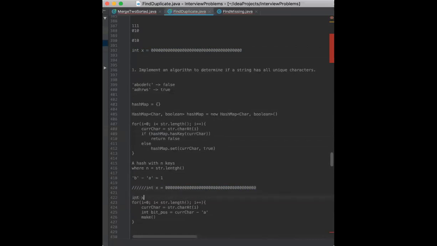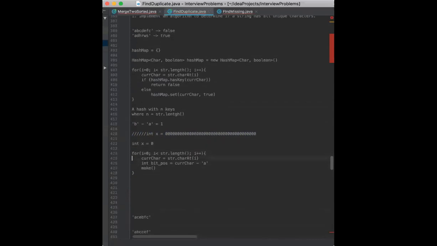So we created our entire int. This is equal to, we started with 0, and I was just giving you how it looks in Boolean. Okay. So now we have our x and make x. What this does is it turns x at this bit position from 0 to 1. So before this, we'll just check if